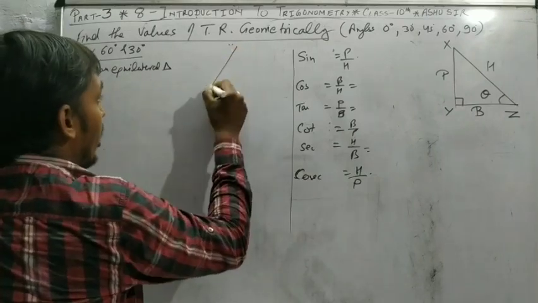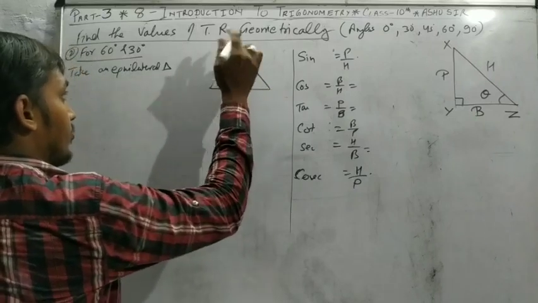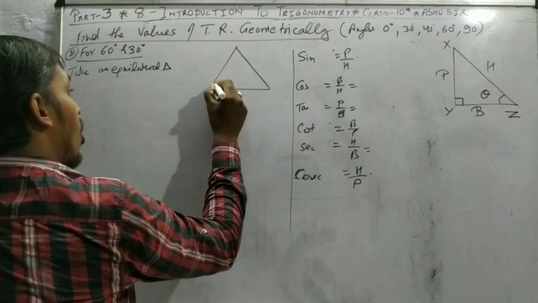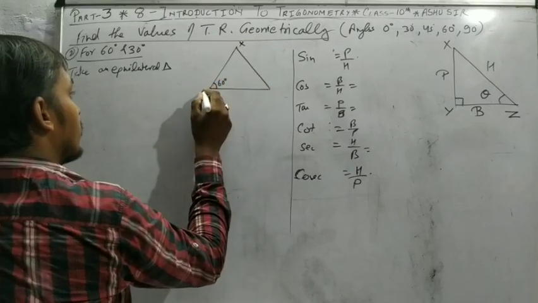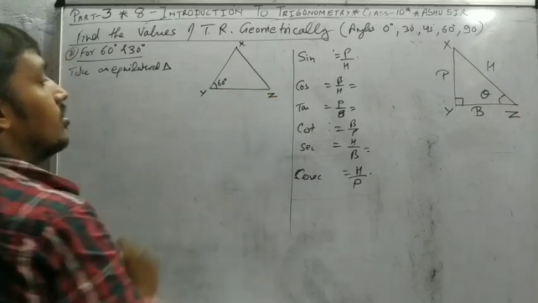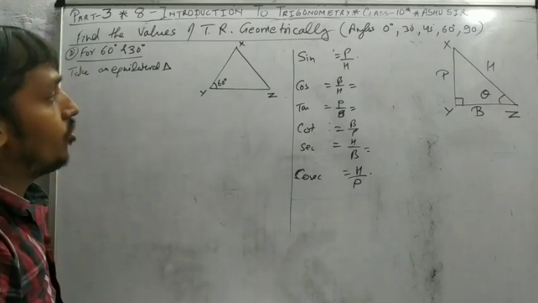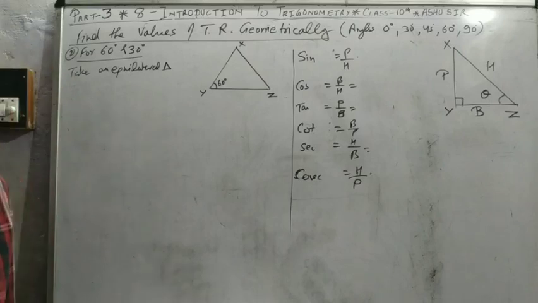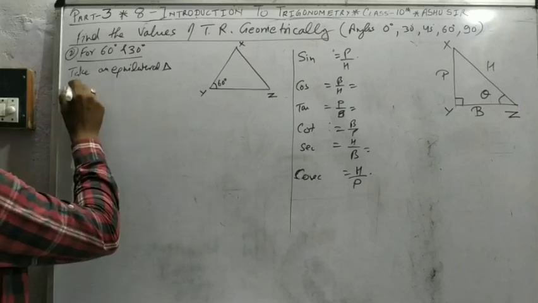Because in an equilateral triangle all sides are equal and all angles are equal to 60 degrees. If you want to use trigonometrical ratios, first we need a right triangle, but here there is no right triangle. So we construct